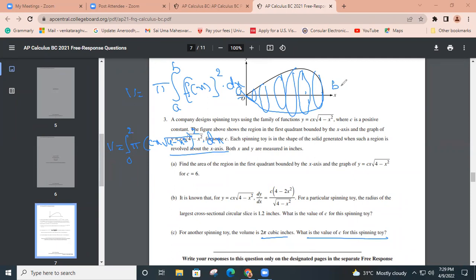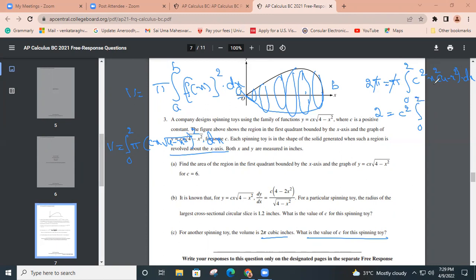So I'll try to find the value. So pi comes out, but they give volume as 2 pi. So 2 pi is equal to pi into the integral from 0 to 2 of c square x square (4 minus x square) dx. Pi gets cancelled, therefore 2 is equal to c square, which is a constant, so it can come out,